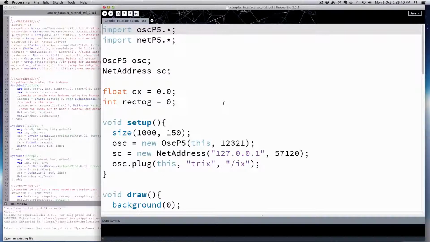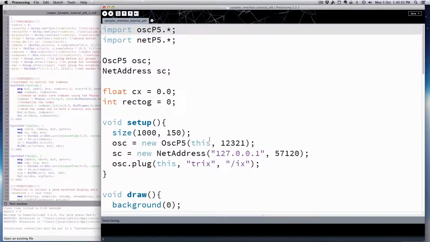All right, this is part 6 of the sampler Loopstation tutorial. Last time we made a record button. Basically we just made it so that if we clicked our little patch there, our sketch, it would record. So this time we're going to make a play area as well, but then we have to do a